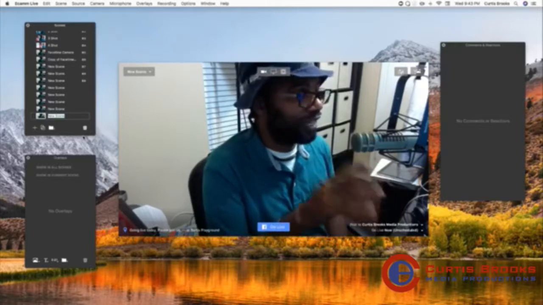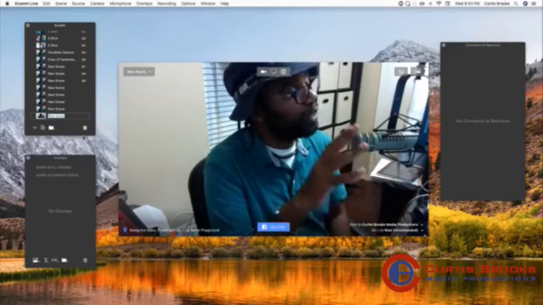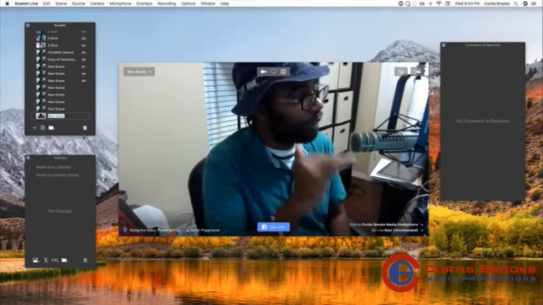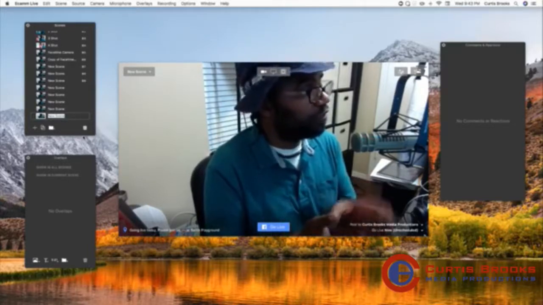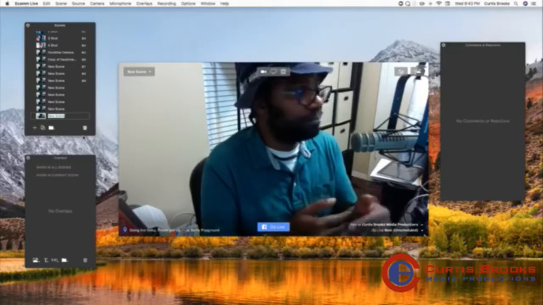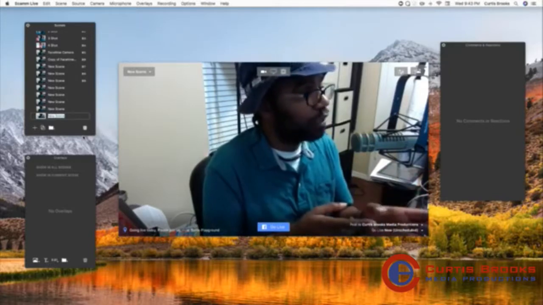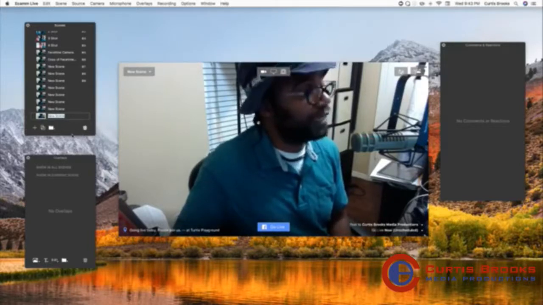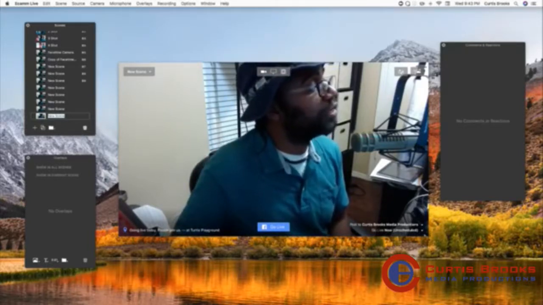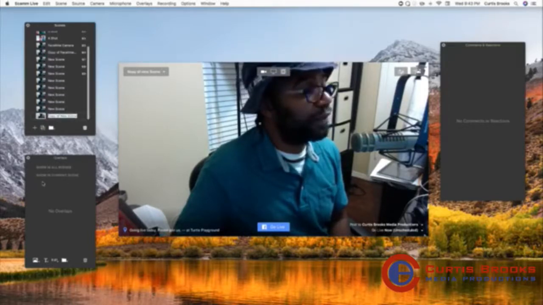I tried to make sure I had this information right, but nevertheless, your command keys will go from command 1 up to command 9. So you'll have the ability to use shortcut keys for up to 9 scenes. But it looks like I'm still adding scenes here, so let's just see what happens. Let's duplicate this scene here, and that is the Logitech.